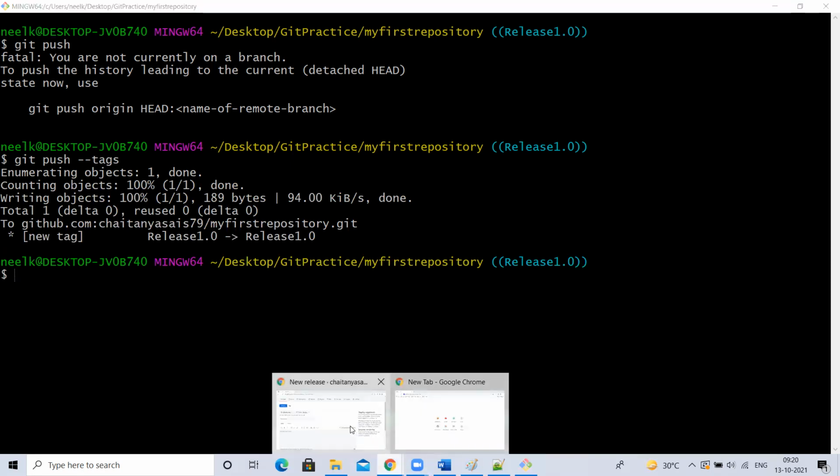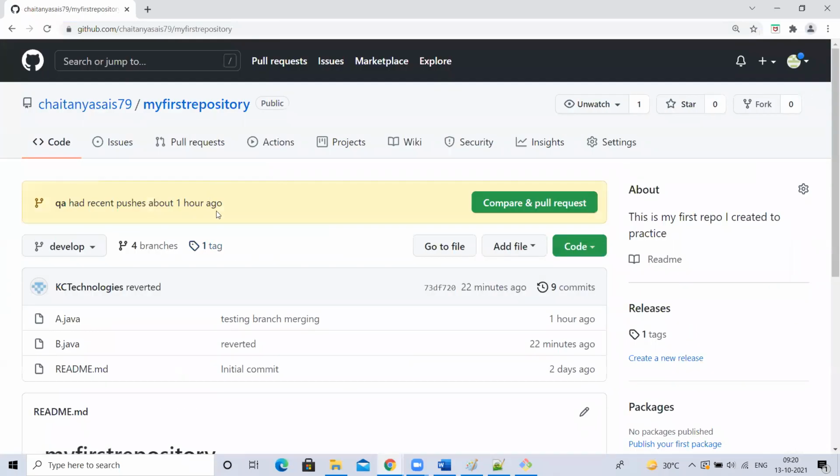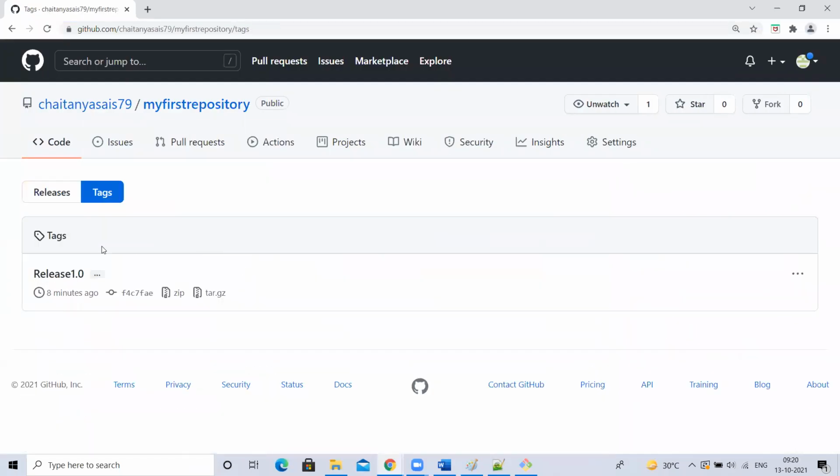Now, if I go to my GitHub repository, if I go to tags, here you can see the tags. See, this is the tag I just pushed. So it is available. If you want to download from here, you don't want to pull this into your local and then connect to that with the checkout commands.